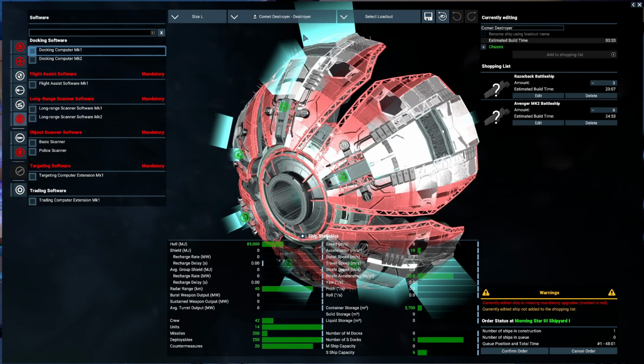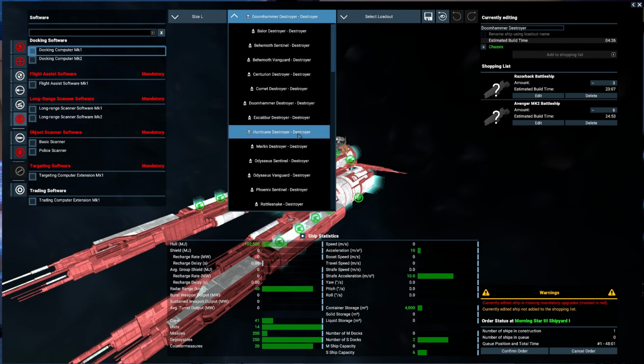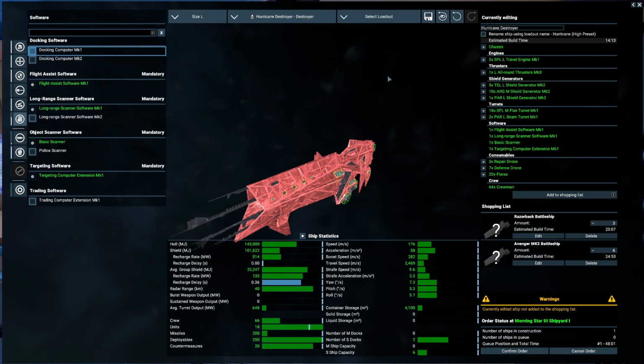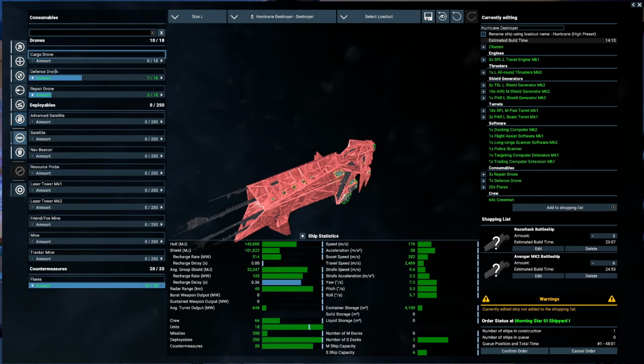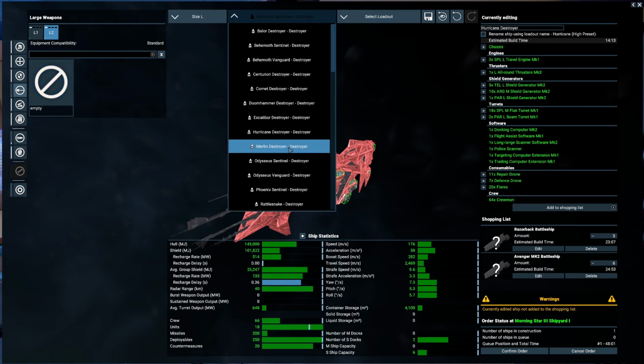Right, let's get some large ships, just so we've got some faster ships. Oh, Centurion. I don't like the look of that. I do like the Doom Hammers. Right, let's get some Hurricanes. High preset. Then we're going to do the same again. Repair drones. Right, so this is the problem. We can't get the front weapons for it. So let's...